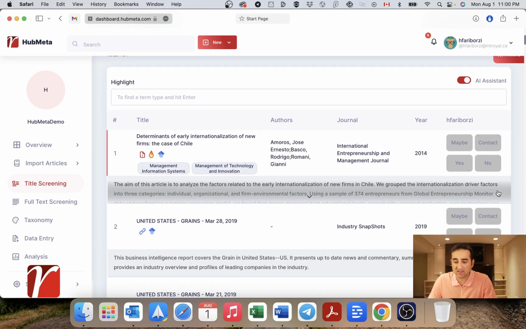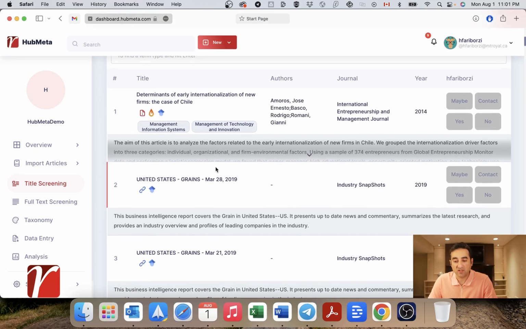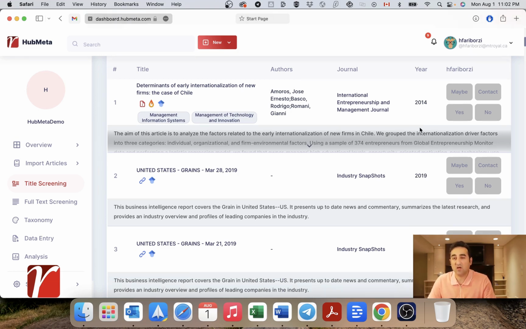What I see is that the order of these papers has changed. And the way it works is that these articles that are now sorted closer to the top have a higher probability of being included in this project. Remember that this is not perfect science, so it's still a probability. It is merely suggesting that the probability of us giving a yes vote to the ones that have ranked higher is higher. Now, how does it help in saving time for me in the reviewing process?